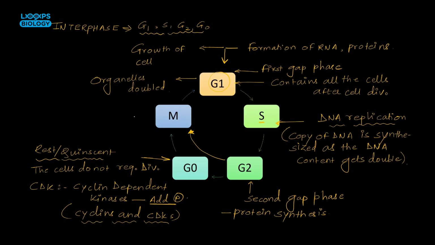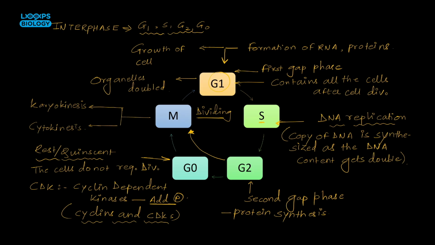This M phase is divided into two categories. This is called the period of division. This is nothing but the dividing phase, right? And this dividing phase is comprised of karyokinesis, that is division of nucleus, and cytokinesis, that means division of cytoplasm. So during the M phase, there is division of nucleus and division of cytoplasm going to take place. Now this M can be mitotic or it can be meiotic,